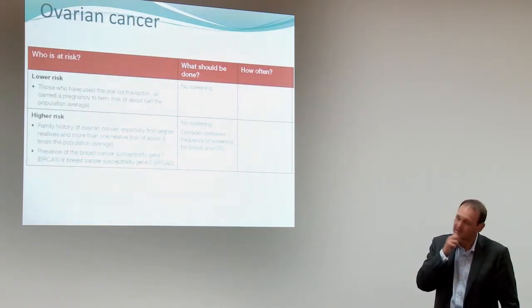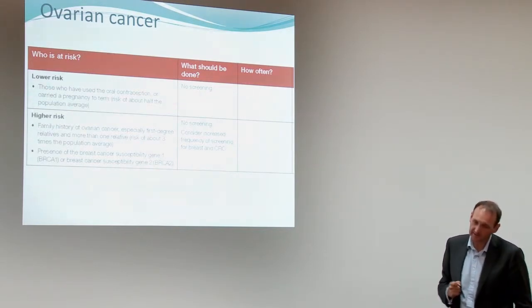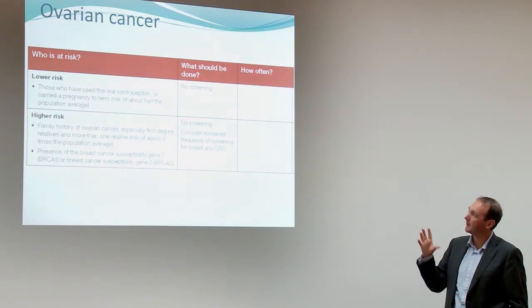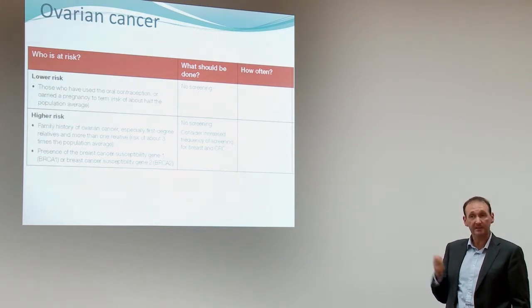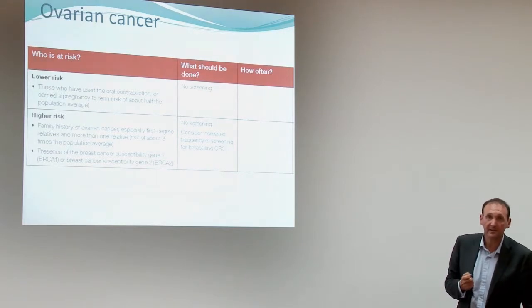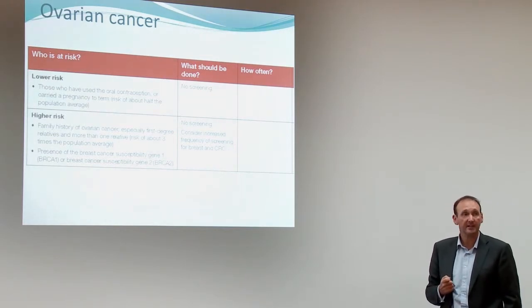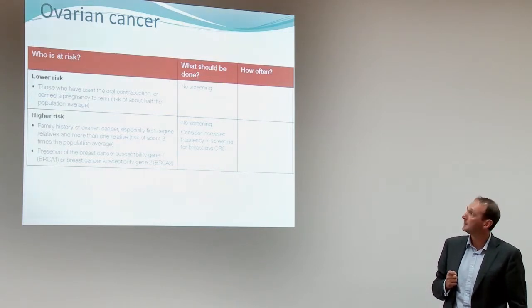In terms of ovarian cancer, these are the Red Book guidelines. I think the main take-home message for these is that there is no good screening test, even for people at high risk at the moment. And so don't go ordering CA125s or transvaginal ultrasound scans, because most of the trials, even in high risk women, haven't shown that to be an effective screening test.